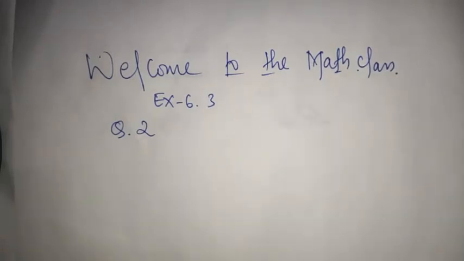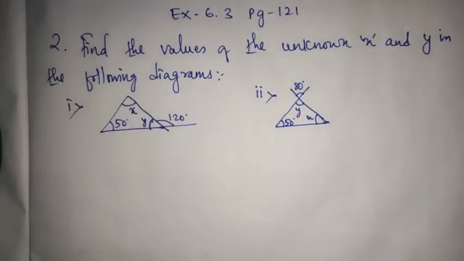You all know that we have started exercise 6.3 in our previous class with the angle sum property, which was property number 4, right? So in our today's class we are going to start from question number 2. We have already completed question number 1, so let us start our class with question number 2, part 1 of exercise 6.3. Alright, so here we have question number 2. Question number 1 is already completed.